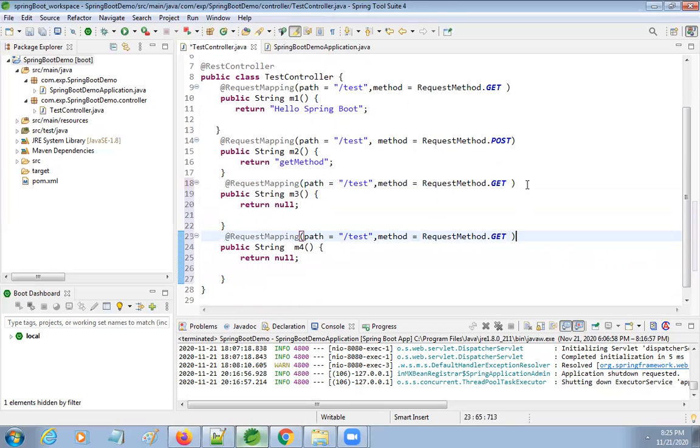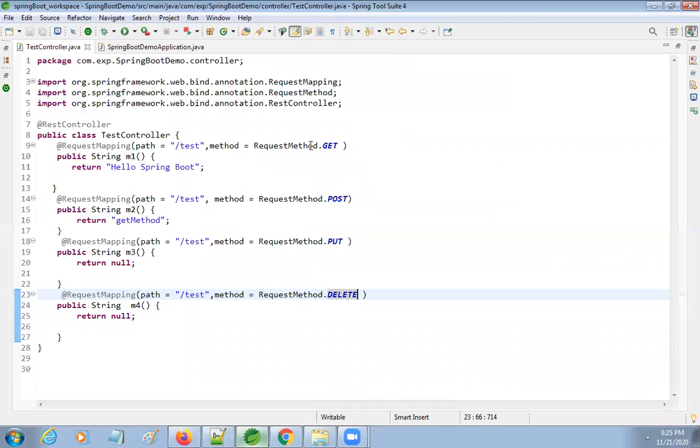Now which logic do I want to add here? The put logic. I am using the put method. Here I want to use the delete logic. So see, I have implemented the four basic HTTP methods. Here get,